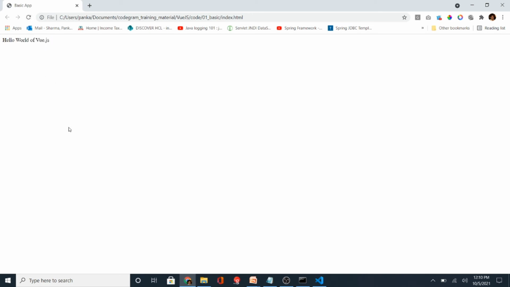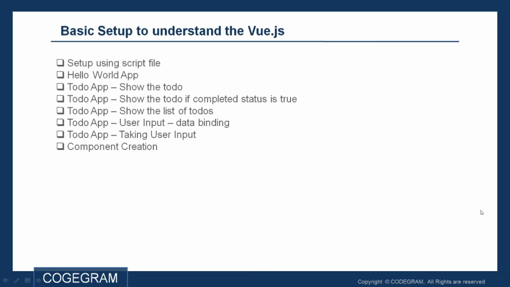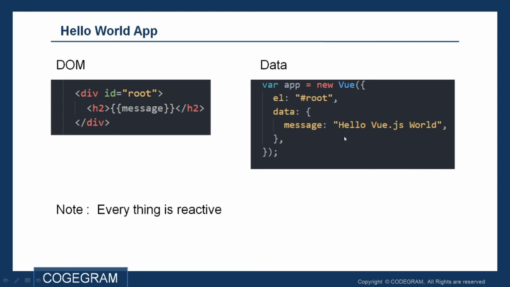Now guys, the important thing over here is this particular slide. See this slide. In my hello world application, this structure is called a DOM, the document object model, and this is called the data. Now this data is available with the help of this templating syntax. So you can see here this message is available over here. Here I just want you guys to note this particular thing.